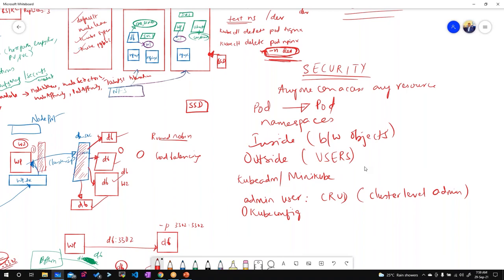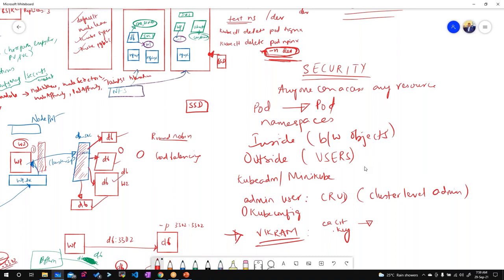Okay, you should have it with you as an admin. Now let's say what will happen if a new user came and he needs access to the cluster. Let's say a developer came with my name and he needs access to the cluster. So what I'll do is I'll create the certificate and key for him. Okay, there is a process involved. And I will restrict his access also.